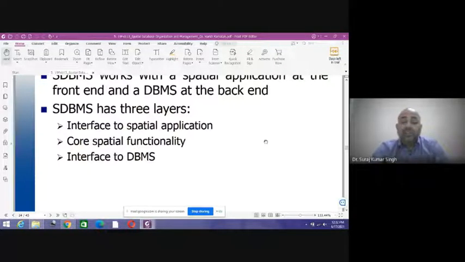You can create point data, you can create line data. The second one is core spatial functionalities, like what are the important functions that you are going to perform using this SDMS. And finally, a connection between the data that you have created through the interface, and how you will be applying those spatial functionalities to create and record the data sets in the DBMS, so that finally the data can be stored, the data can be managed, the data can be analyzed,